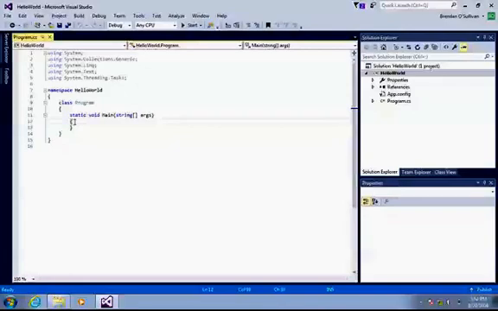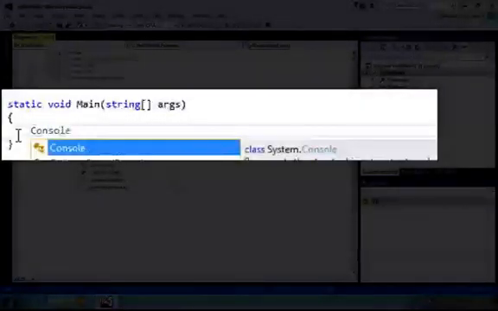So inside these braces here, I'm just going to hit enter, and you can see on line 13 I'm going to start writing my first line of code. I'm going to just type in the word console. This is a console application, with a capital C. You'll notice there's a sort of autocomplete thing going on there, but we'll just ignore that for the moment. We'll learn about